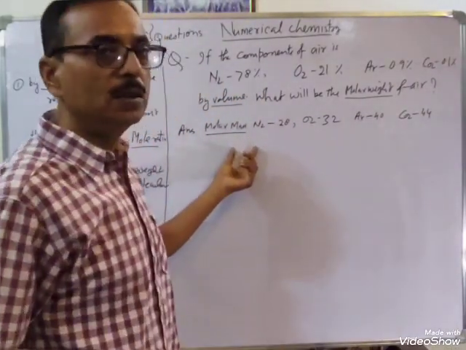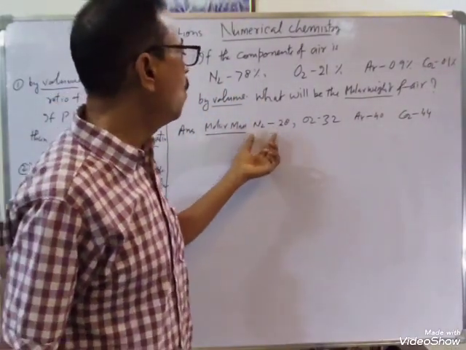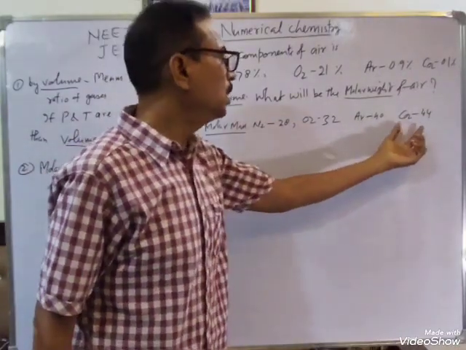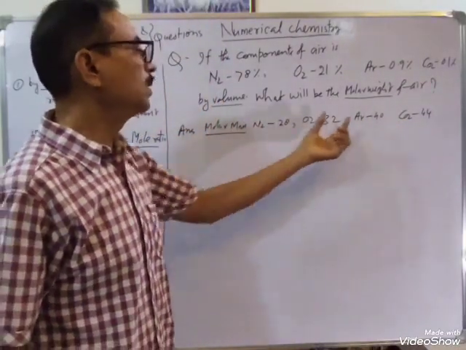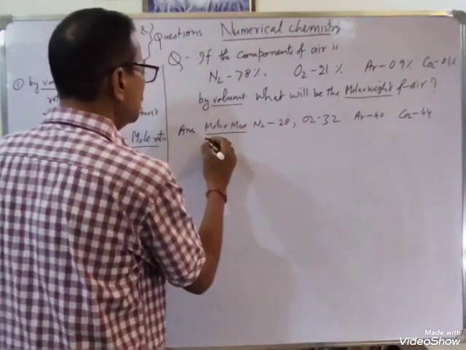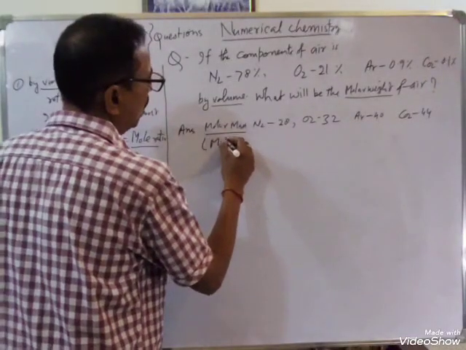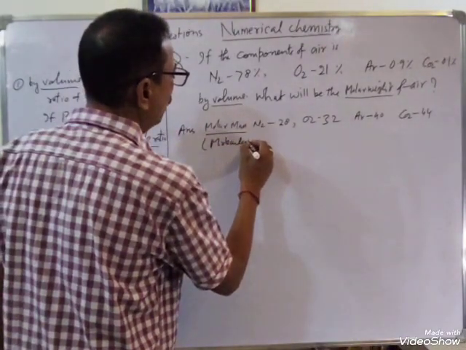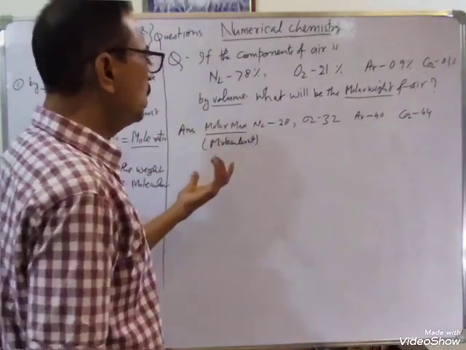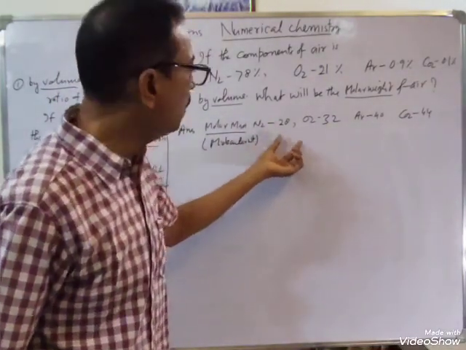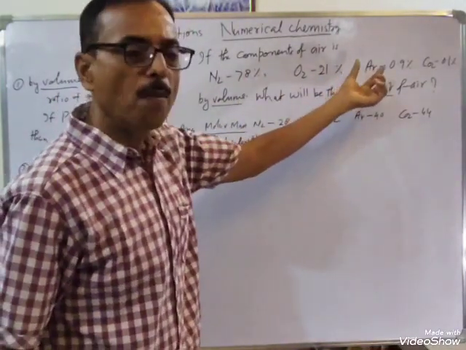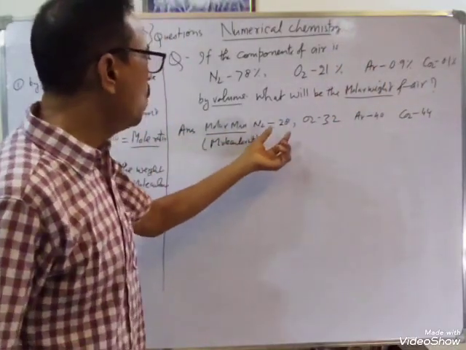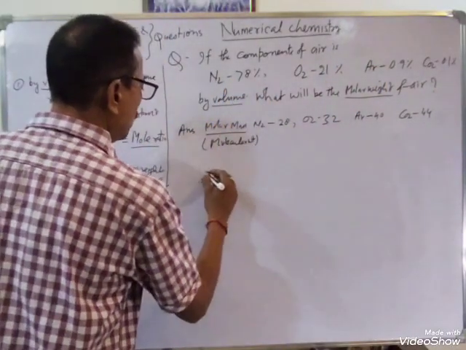Molar mass means molecular weight of one molecule. So this is the molar mass, that is molecular weight. Don't get confused between these two terms. So it is clear. This is the molecular weight. This is the ratio of moles. So if you multiply,